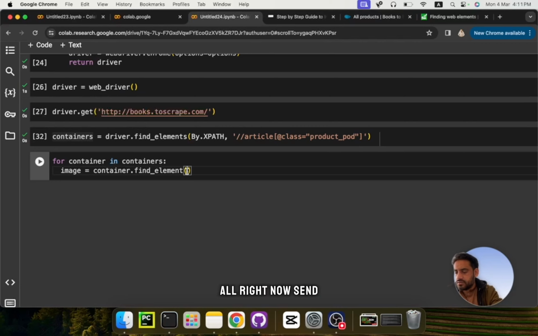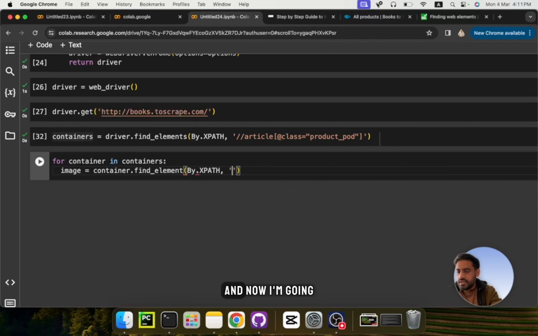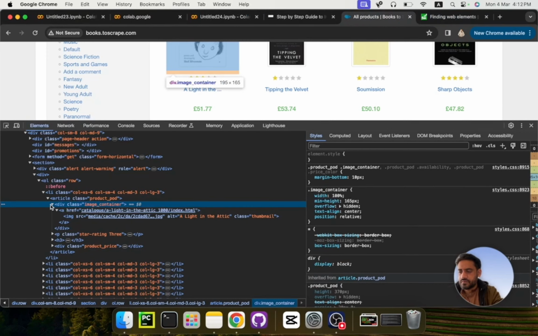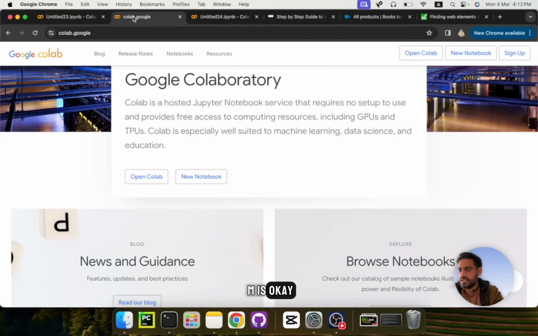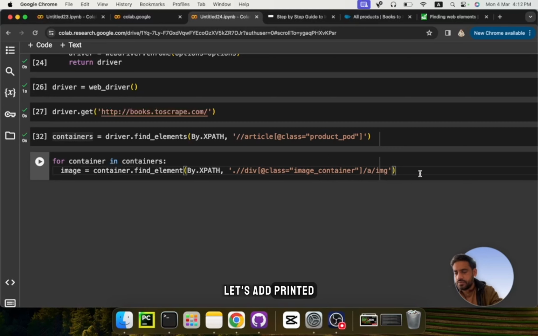All right, now By.XPATH, and now I'm going to type the XPath here, which is supposed to start with ./div, and this is what I copied from that HTML. And now the next one is the image. Okay, let's get back to this one, /a/img. Right, let's try to print it, but